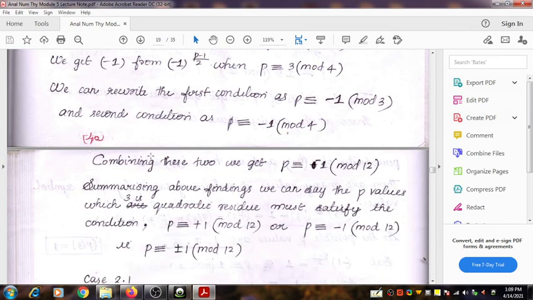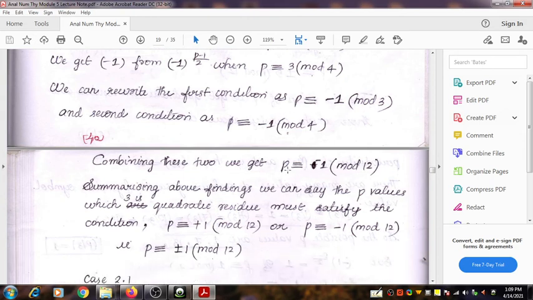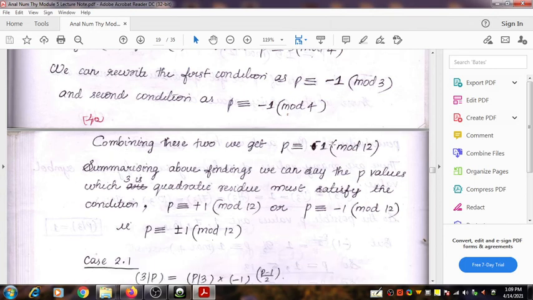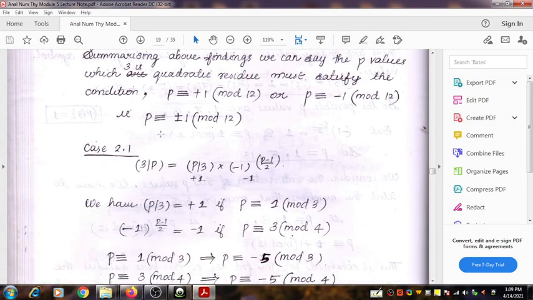Combining these two conditions, we get that P is congruent to minus 1 mod 12. Those prime numbers which satisfy the condition P is congruent to minus 1 mod 12 can be selected as the answer to